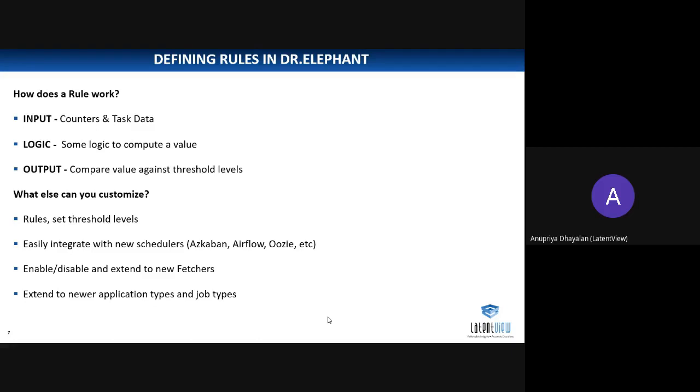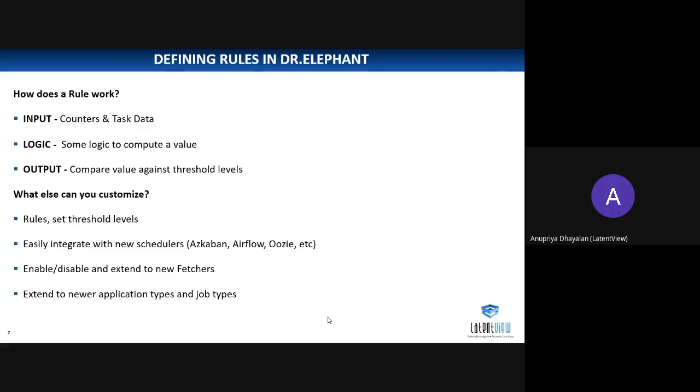Azkaban is a batch workflow job scheduler created at LinkedIn to run their Hadoop jobs. It helps to resolve the ordering through job dependencies, and it also provides an easy to use user interface to maintain our tasks and keep track of the workflows.